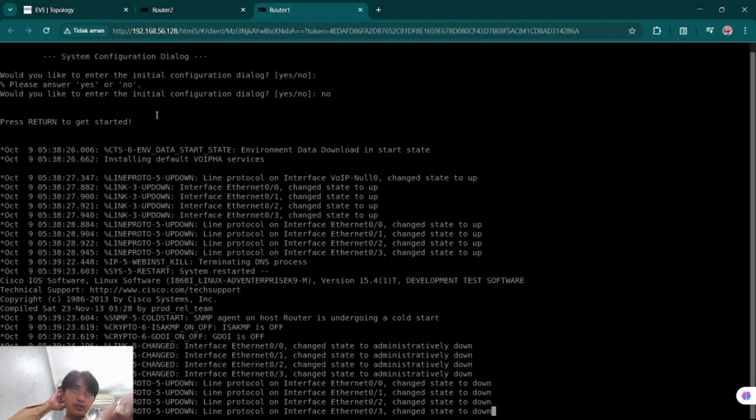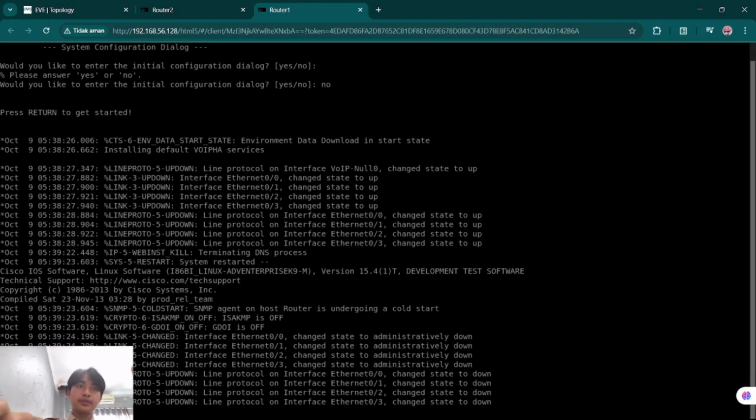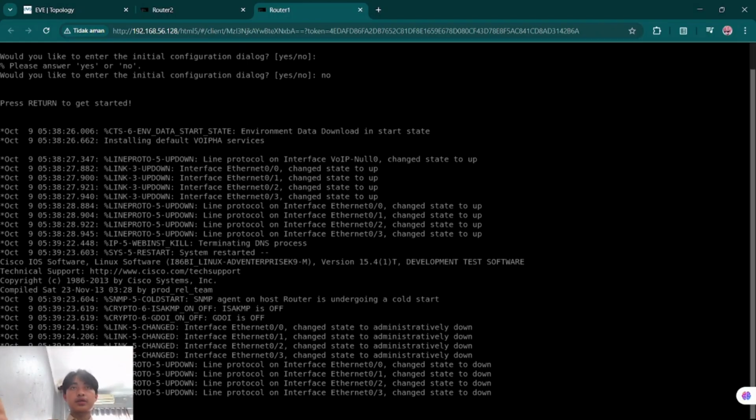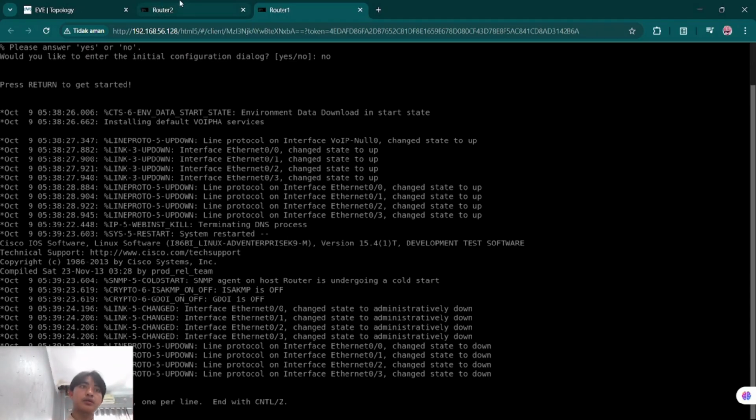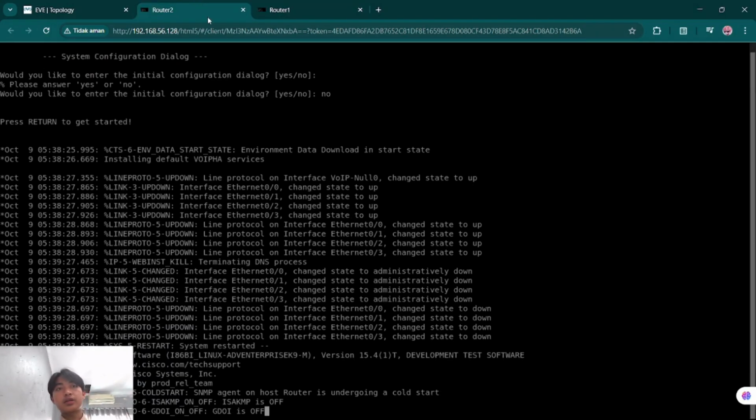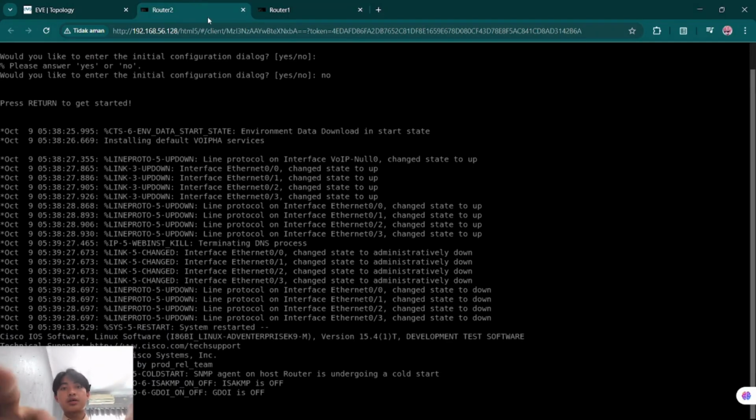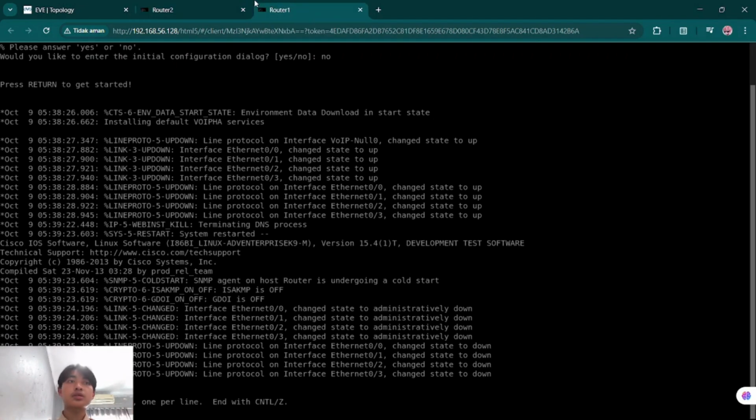There's text like this: press return to get started. Just enter it. Enable for getting into the router. Then configure terminal. Okay, this is the configuration mode. Yes, we can add some features. For the first one, we're going to add the interface